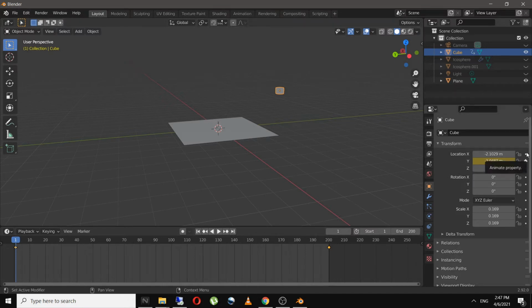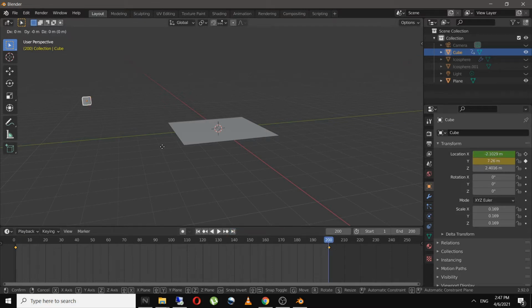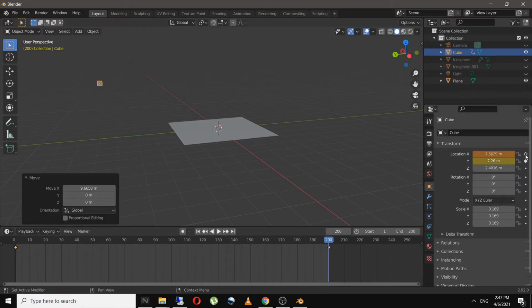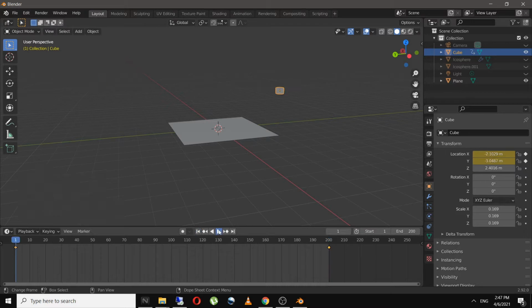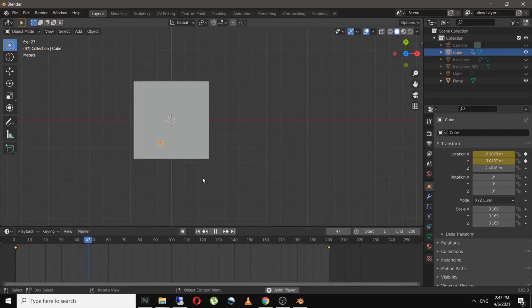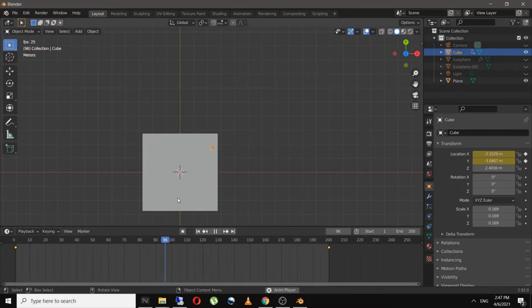Similarly, you can animate the X and Z axis also. So let's animate the X axis, and I want my cube to be somewhere over here, and I will lock it. And now if we play it and see on the top view, so as you can see, this is going in both X and Y direction. Similarly, you can rotate the X, Y and Z axis of the cube.